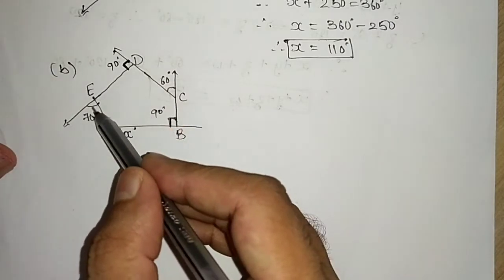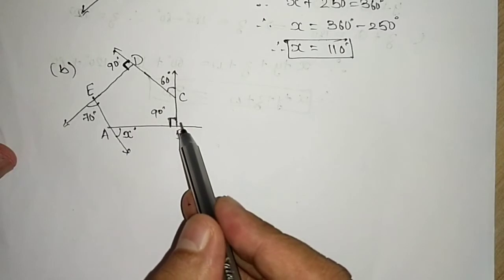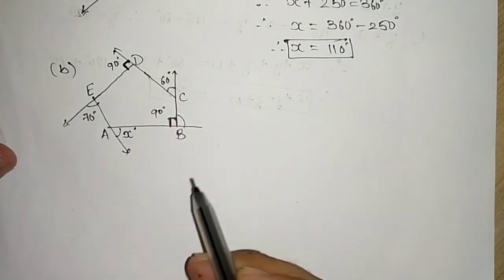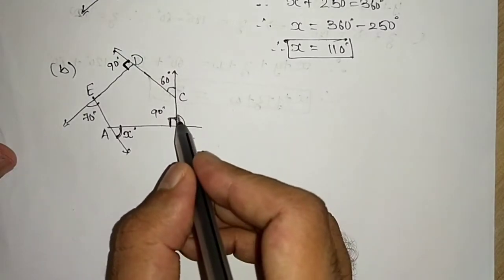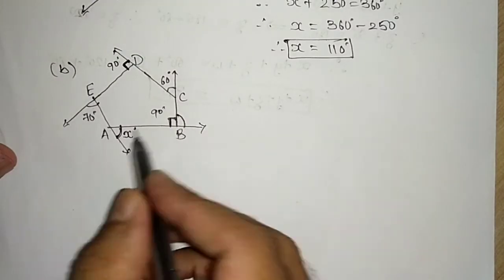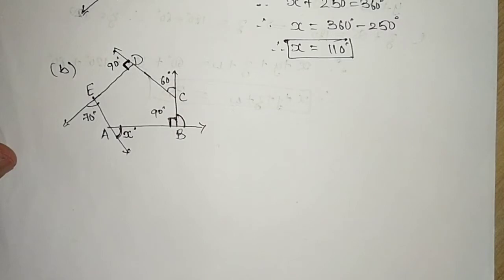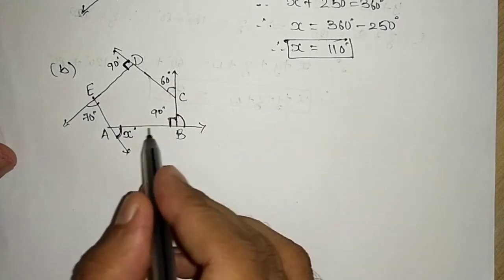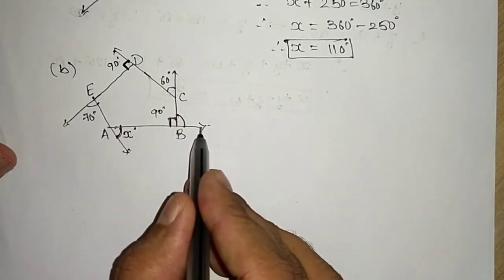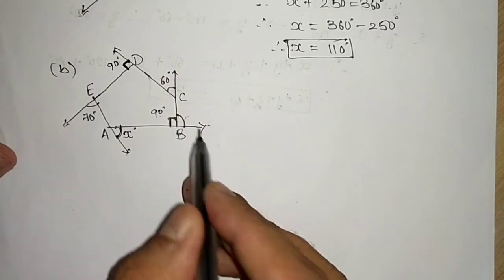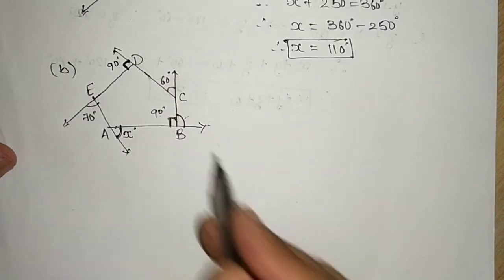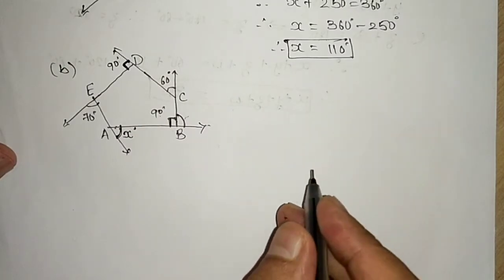We have been given the 1st, 2nd, 3rd exterior angles, but the fourth exterior angle they have not given, and the fifth exterior angle they have not given. If they had given us this angle, we could easily find it. But not to worry, we can find it by linear pair also. We can subtract 90 from 180 so that we can get this angle. So how will we start?